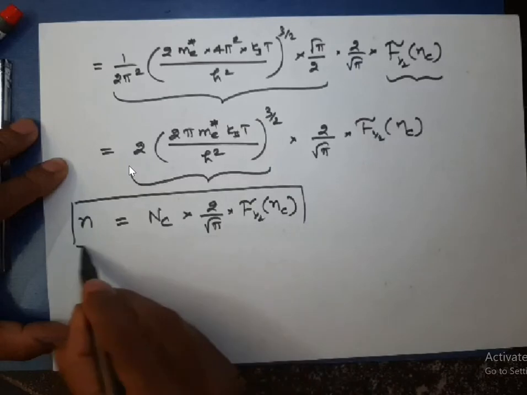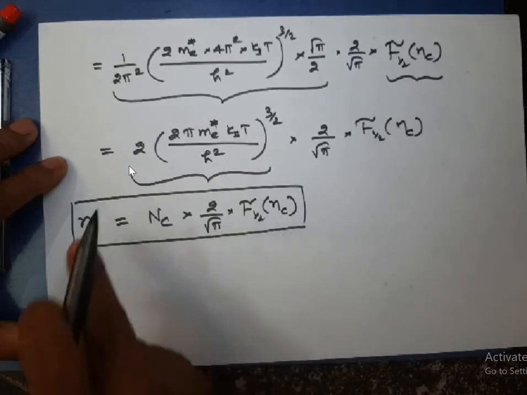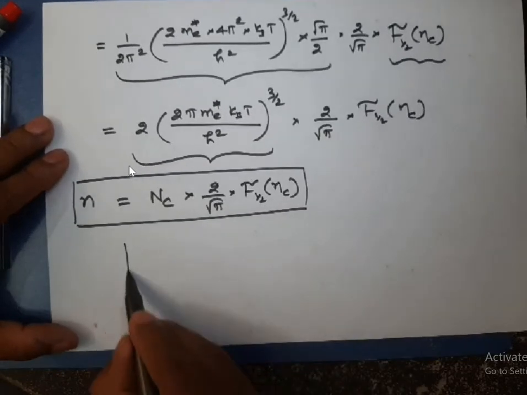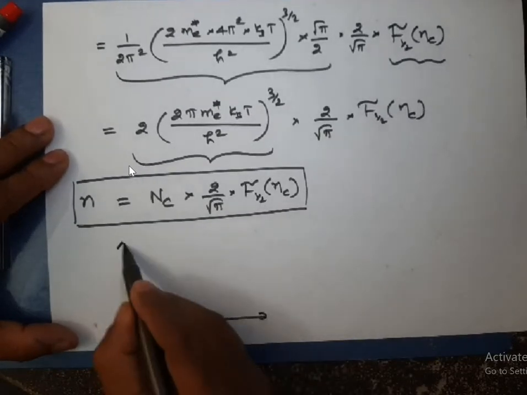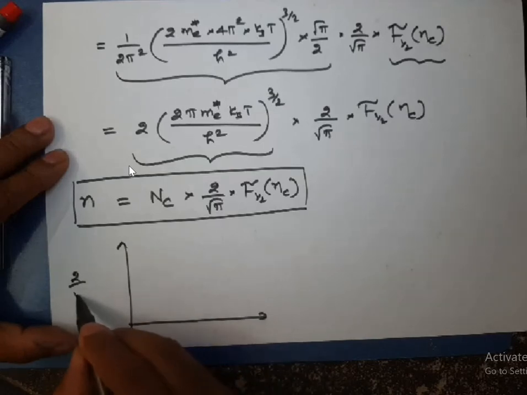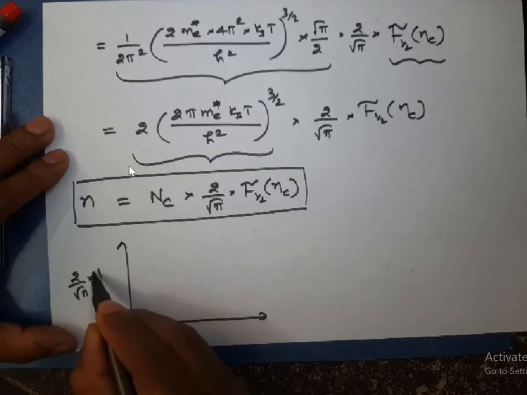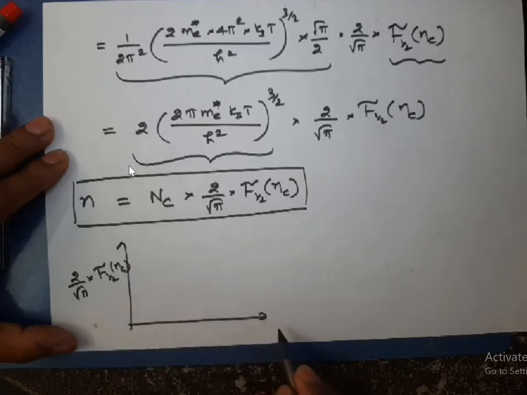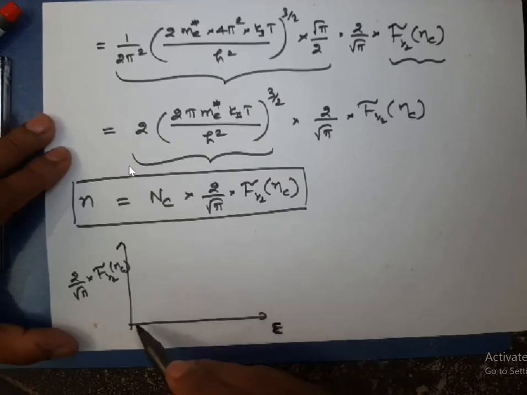If you know the value of the Fermi-Dirac integral, you can calculate the concentration. Now if I plot 2/root pi into the Fermi-Dirac integral values versus energy E, I'll get